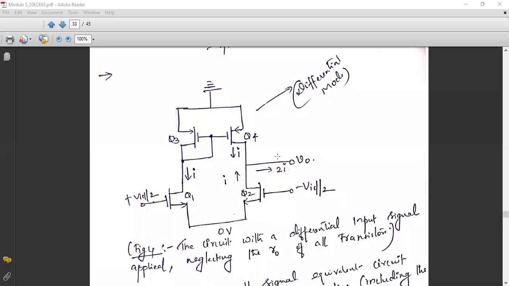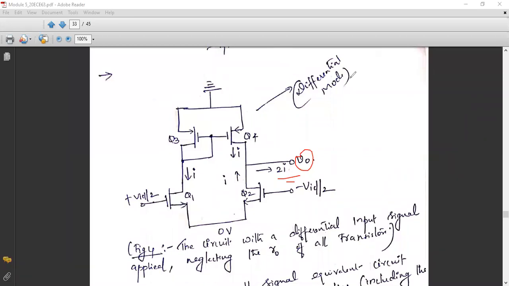Okay, let us continue. So indirectly, even though we are taking a single-ended output, we are trying to maintain the overall current, that is 2I. 2I in the sense I plus I, that is both the currents flowing through Q1 and Q2. Both the currents are considered for determining the output voltage as well as the gain of the circuit. Unlike the conventional single-ended differential amplifier, where we are only dealing with the drain current of Q2 to determine the output voltage as well as the gain, right?